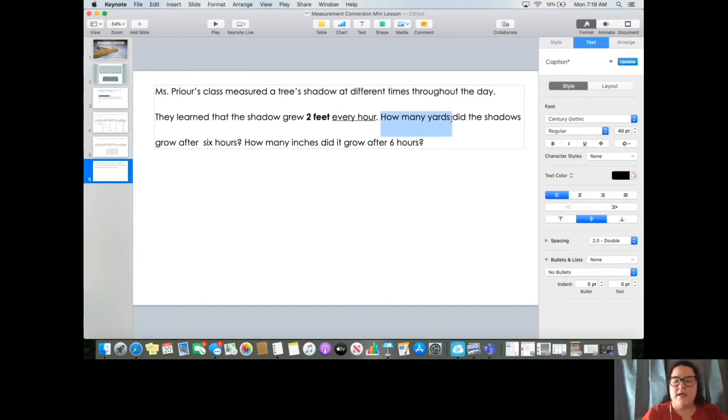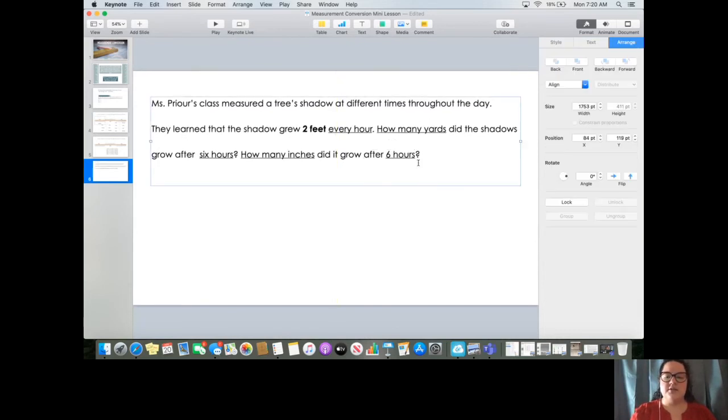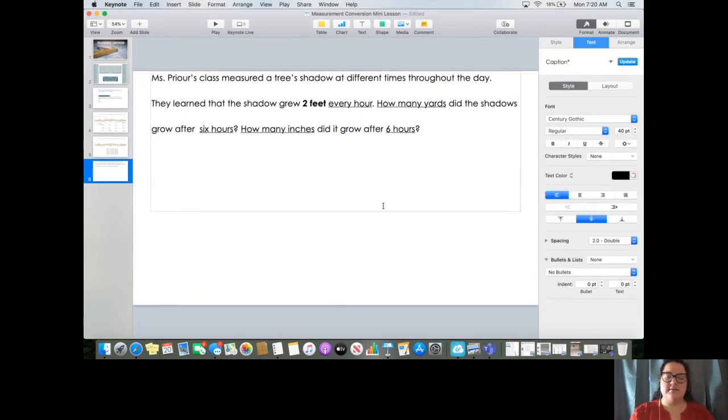And then how many yards did the shadows grow after 6 hours? How many inches did it grow after 6 hours? So if we're trying to find how much it grew after 6 hours,